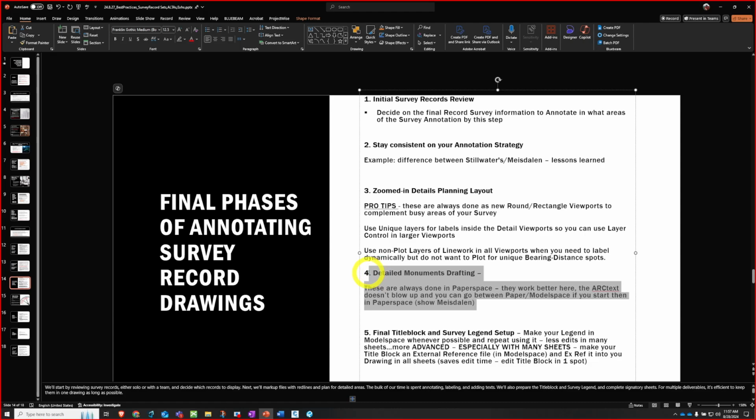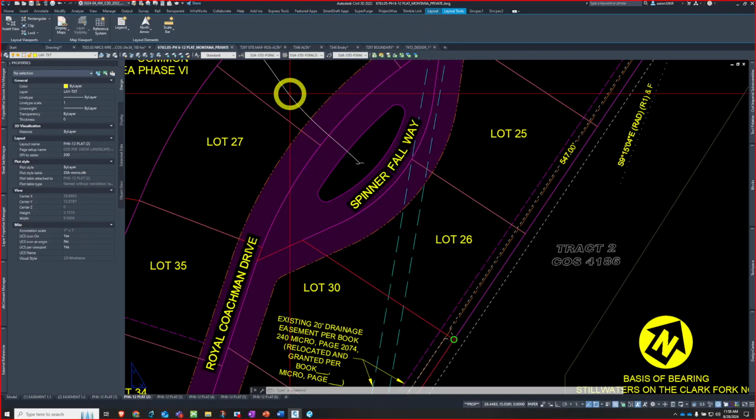Monuments drafting, me and Kyle were talking about this the other day. Do not draft those in model space. They're a pain. The architects freak out. A lot of our old drawings have them in model space. They work way better in paper space. If you have them in paper space and you move them to model space, you can bounce between the two, but it doesn't work the other way. They like to blow up. So like on Mesdalin,